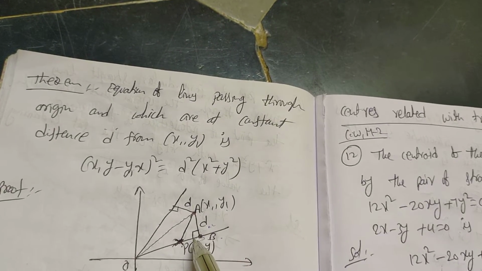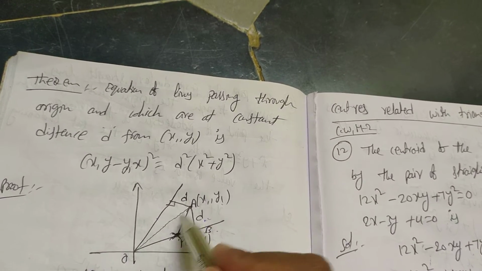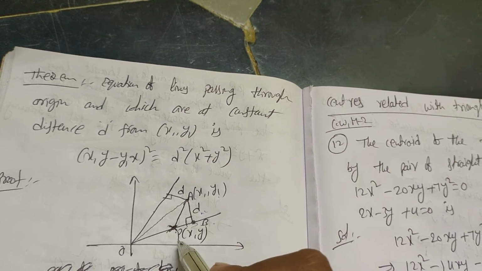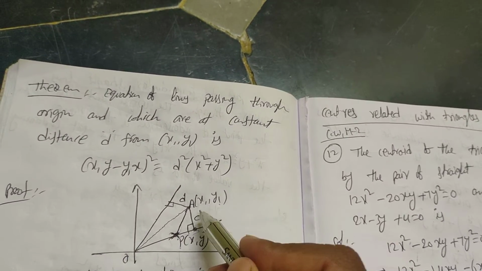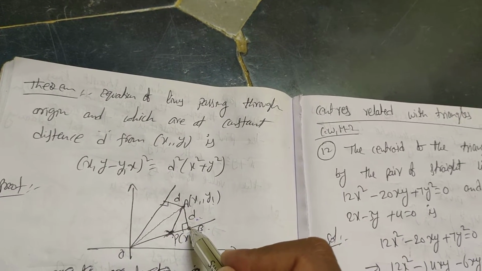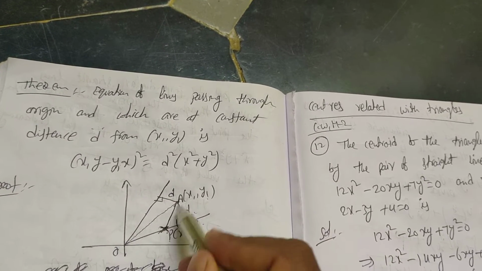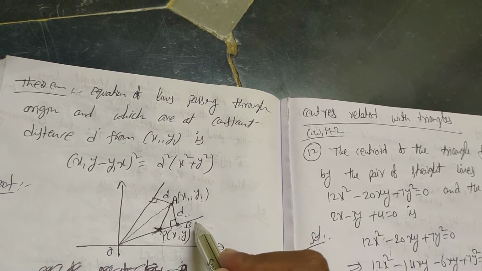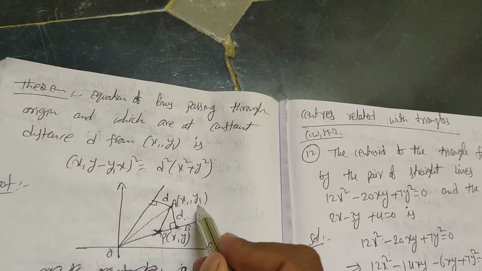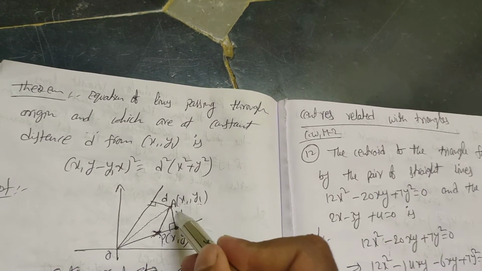See here, this is the perpendicular drawn, d, and this is also d. Either side can be used, so I took P(x, y) on this side and I am using this part. This is the perpendicular distance d. Let us consider the triangle OPA. P is any point on this pair of straight lines, and (x1, y1) is the given point. This is the distance, meaning perpendicular distance.